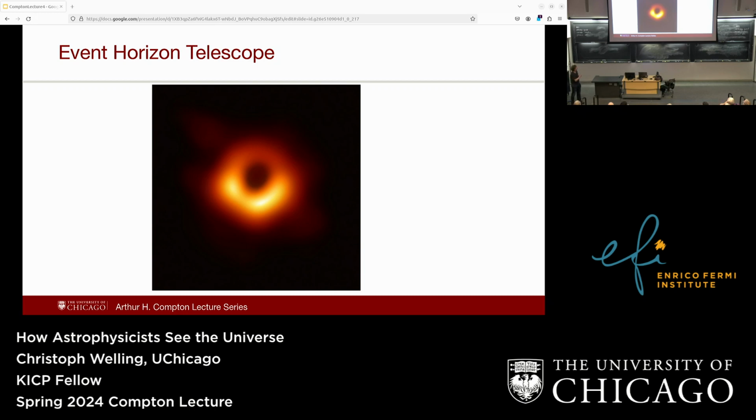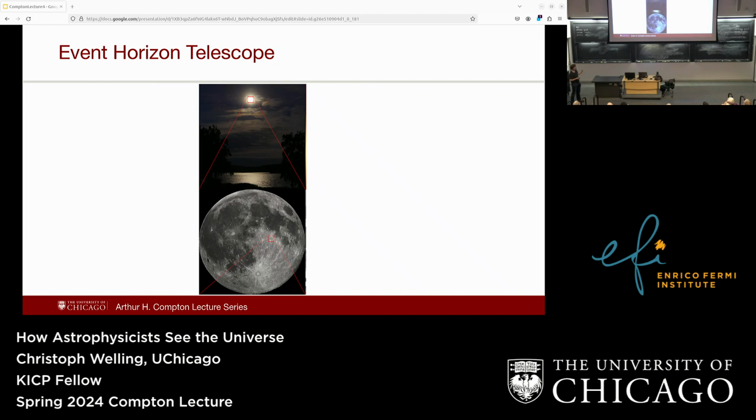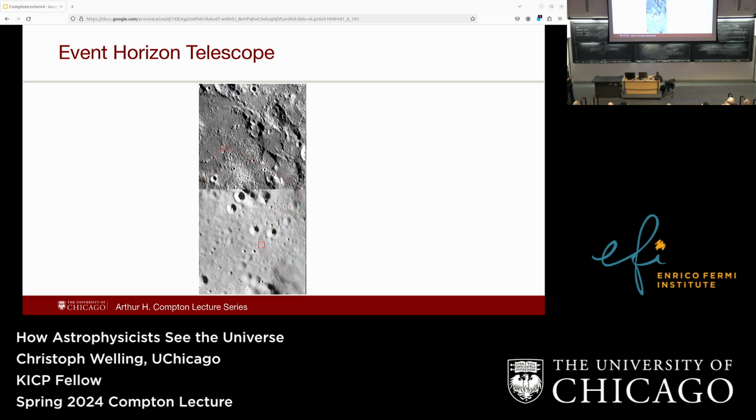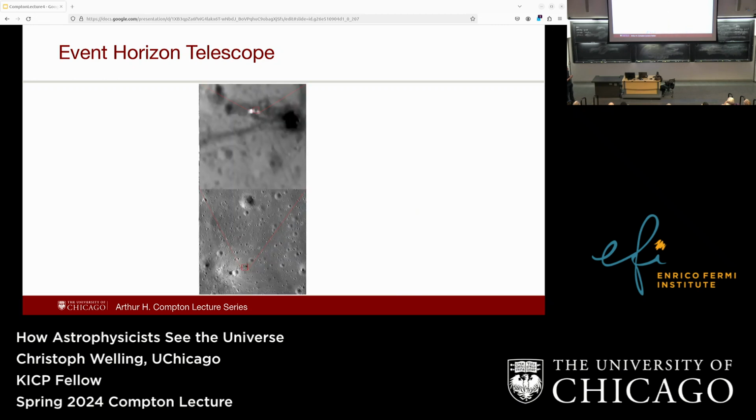So this is a pretty famous picture of a black hole at the center of a nearby galaxy. And just to drive home just how amazing the resolution is you can get with this, I got this from Wikipedia, but it's just way too cool not to show. So you have the moon here, right? And remember earlier we could just barely see the moon with a single dish telescope. Now, if we zoom in further, we can kind of see craters. If we then zoom in further, we can see even more details, zoom in further.